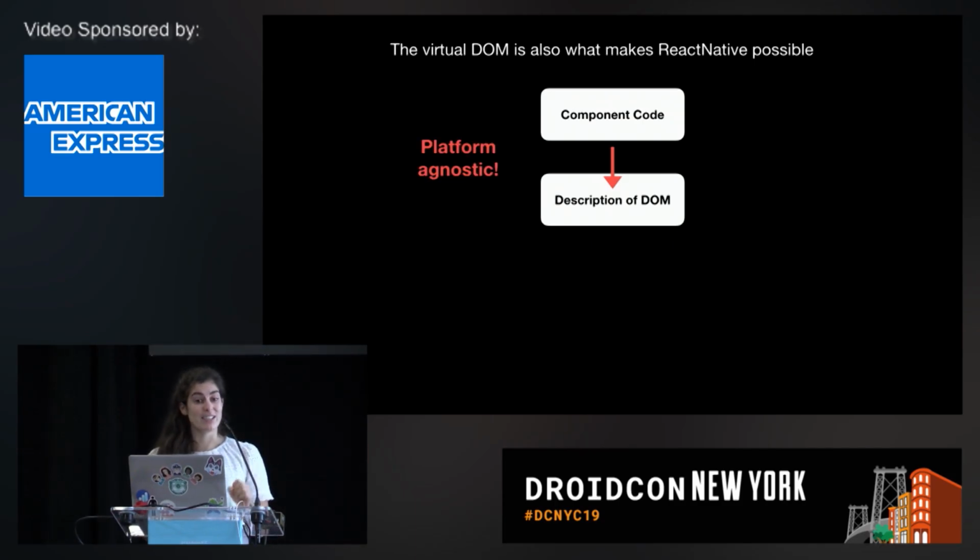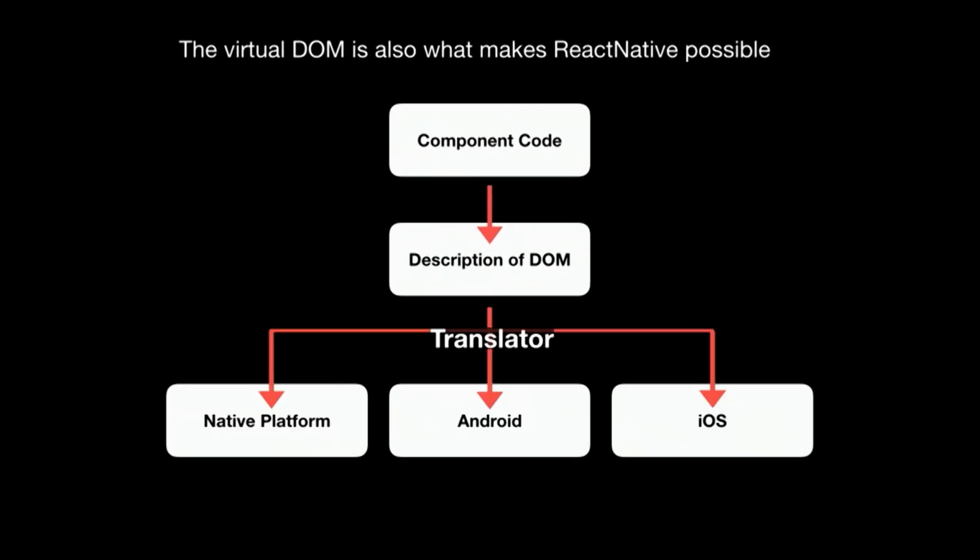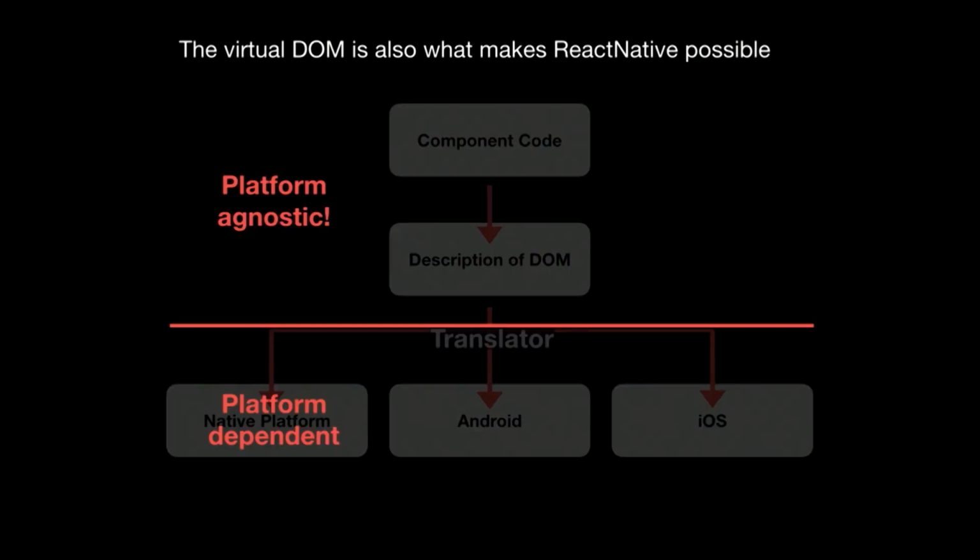And the great thing about this is it's totally platform agnostic. And the part that becomes specific to a platform is when we introduce translators. So React Native has this platform agnostic piece, and then it hits this platform specific piece via the translation pipeline. And those translators know how to take a generic description of a UI and bind it down to a specific implementation per platform. So we get this really nice bright dividing line between what's platform agnostic and what's platform dependent.